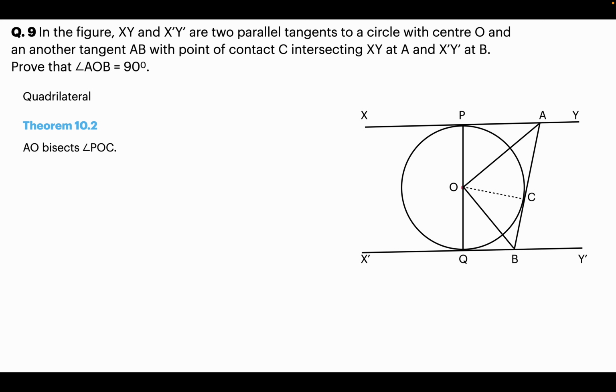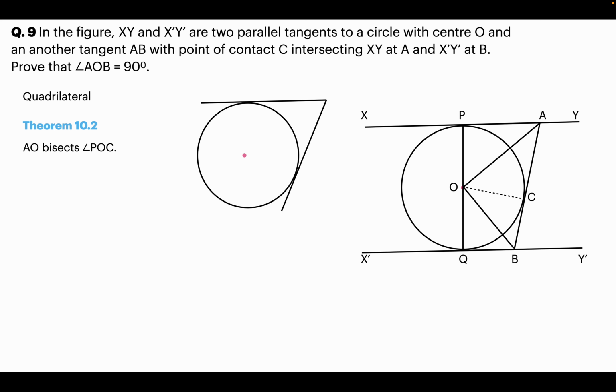And if I draw this line, then you can see that angle AO is going to bisect angle POC. And how? Okay, let's revisit theorem 10.2. If we draw a circle, and if we draw two tangents from a common point outside the circle, like this here, and if the points of contact that these tangents make